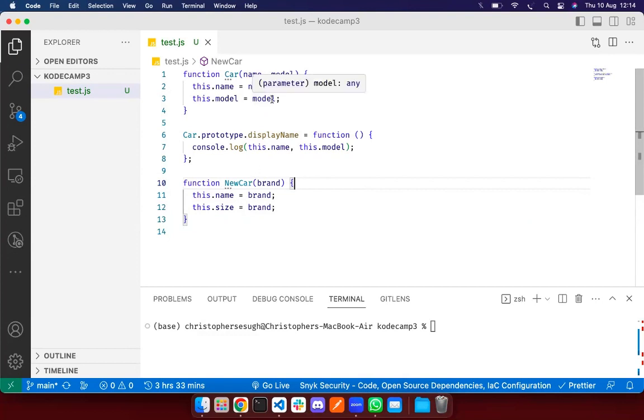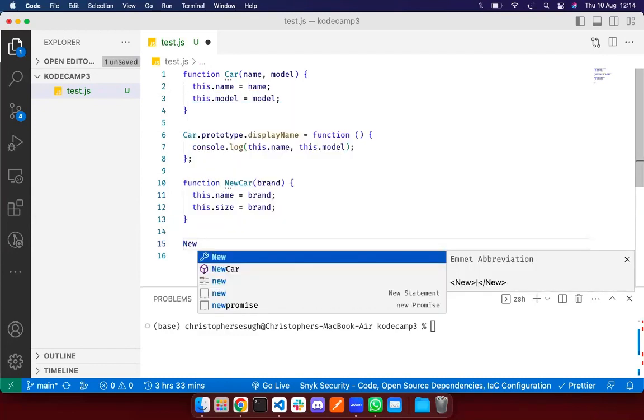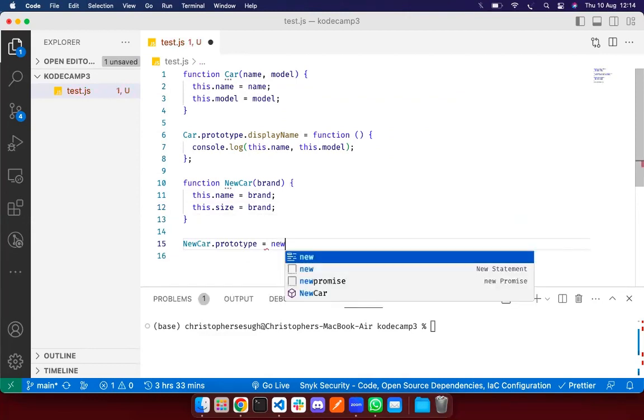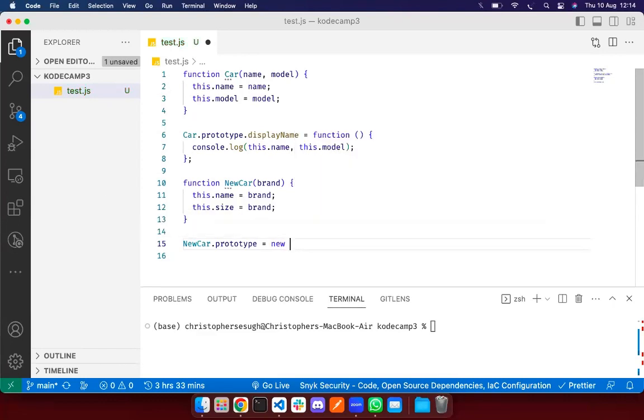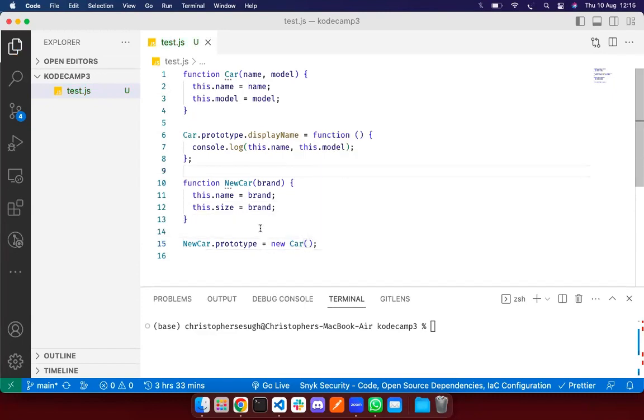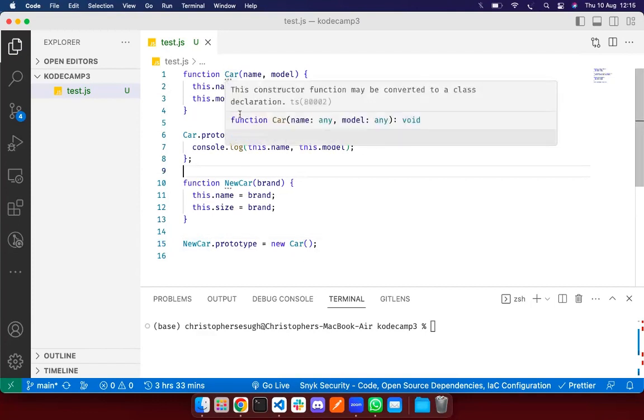So what we're actually going to do here is we're going to say the new car.prototype is equal to the car prototype, the original car, not the new car. We're actually saying the prototype of this new car should come from this car. And